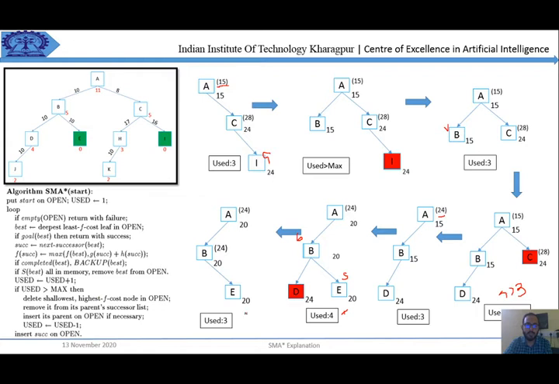At this point we are at 3, and the use value is decreased to 3. So we have met the criteria. Now if we take the best one, the deepest is E, and this has all been computed. One after another, we remove from that particular open list, and at the end we get the best goal node, and this is the result that the SMA star algorithm will give on this particular graph.